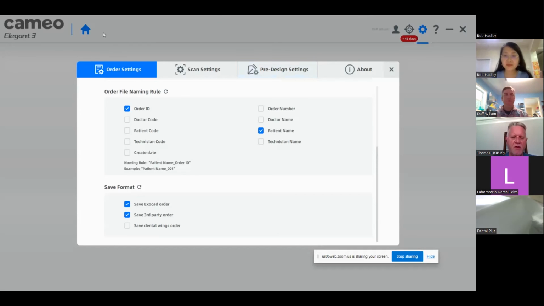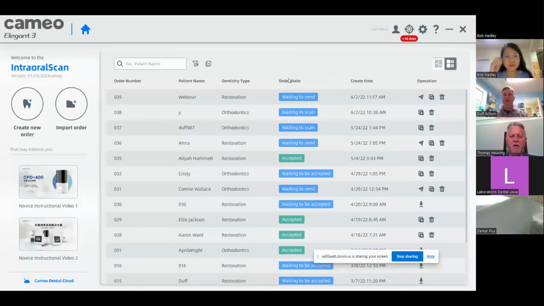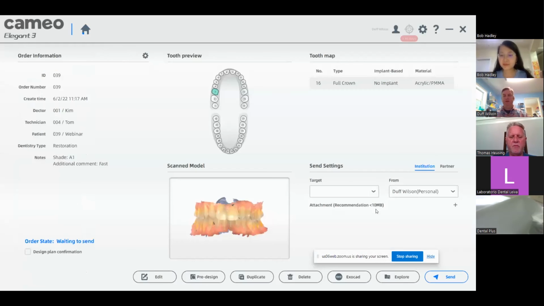So let's exit out of here. Can everybody still see my screen? Yes, we can see your screen. Okay, so let's open this. So to get the STL models, you have a line of things down here at the bottom. If you were to hit send, that sends it to the laboratory. That sends STL files. It sends a lot of different files. So this software makes, but you can actually hit